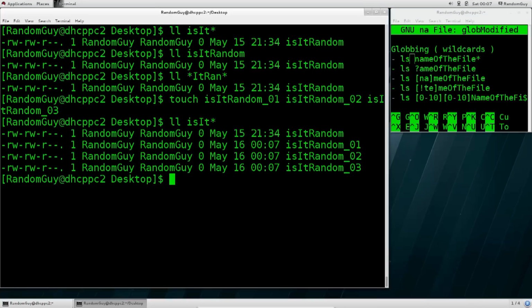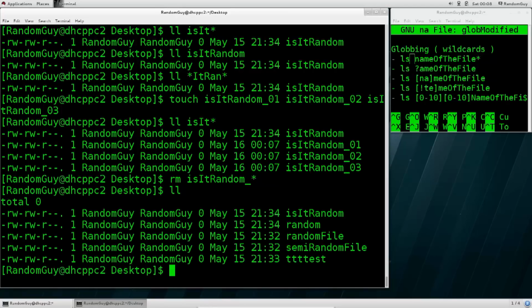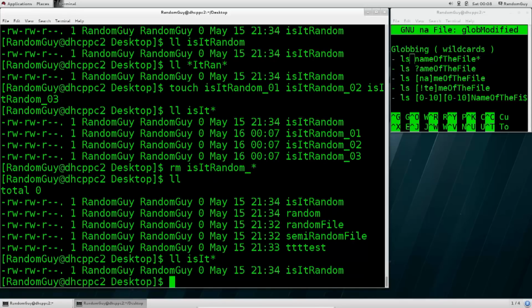Rather, instead, what I would simply do is type in rm is it random, and I don't want to delete the first one. Rather, I want to delete the other ones. So I'm just going to give it the underline here, and place an asterisk sign here. Press enter, and if I do ll again, you see they don't exist anymore. They're gone. If I do ll with the asterisk as I have done before, again,